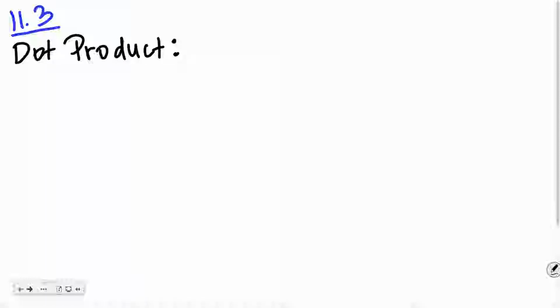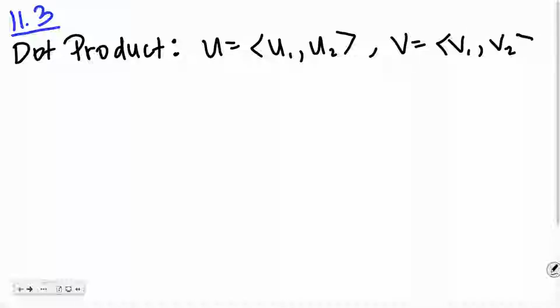All right, the dot product. The dot product is a way for us to multiply vectors and obtain a scalar. Once we get into 3 dimensions, I will teach you how to multiply 2 vectors to get a vector, but that won't be until the spring. Okay. So if we have vector u and vector v,